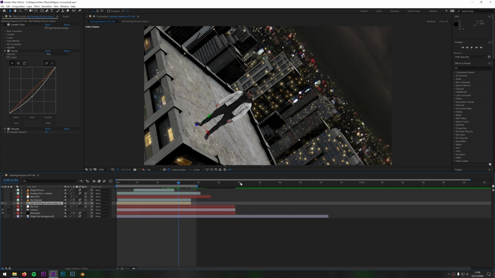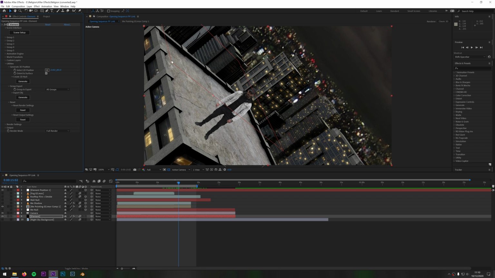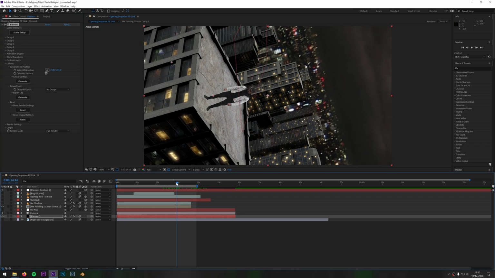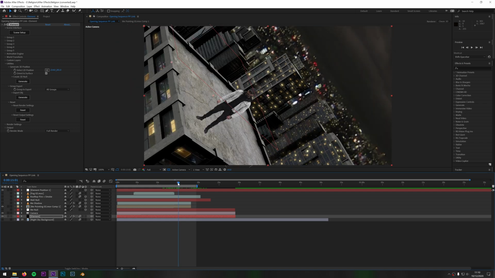But what I need to do first is find the location of this building in 3D space. So to find the location of that building, come to your element layer, go to the effect, come to utilities, and you can generate 3D position. You select a 2D position with this target. So let's just say we want to choose over here, like that. You then click generate 3D null, and that has now created a null at that point right there. Then when I move the playhead, you can see that null is stuck to that position because that is now in 3D space.